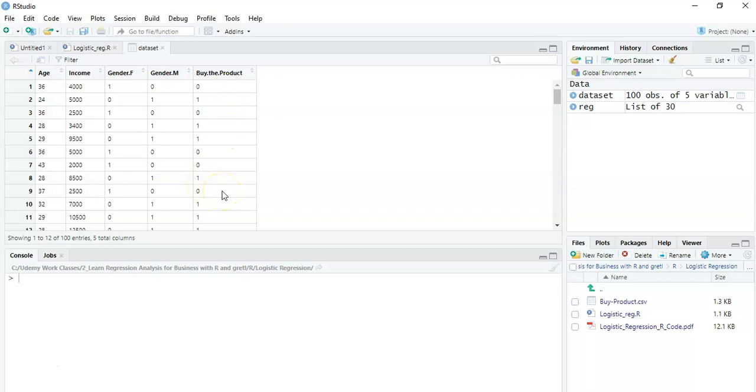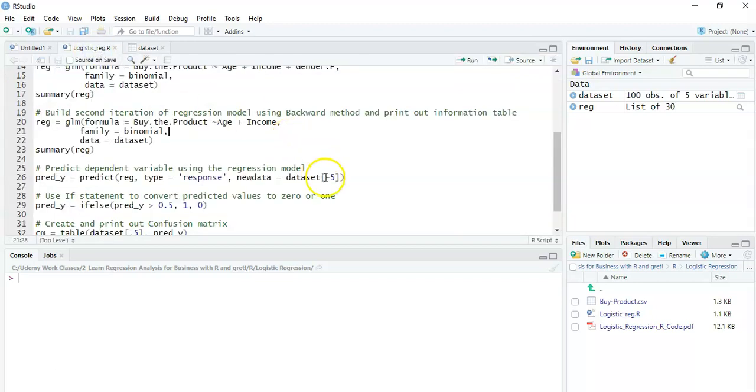We need to predict them. So we need to exclude this column, and this column has the index of 5. If we need to exclude it from our dataset, we type minus 5. Minus 5 means we subtract it from our dataset, and that's why we typed minus 5 here. Let's select this line, Control Enter, and we got